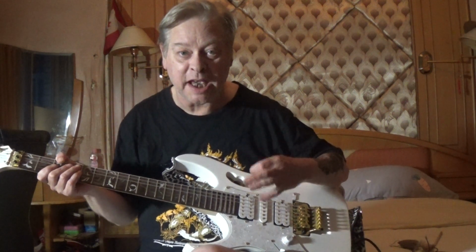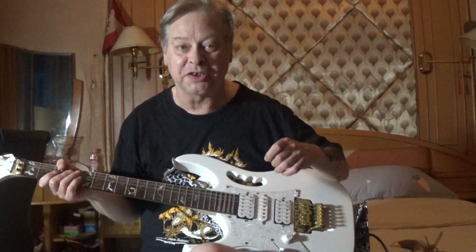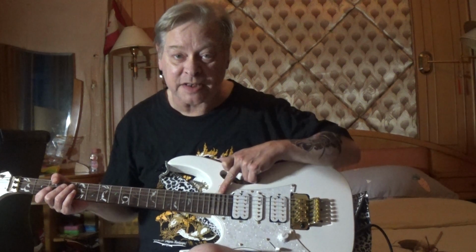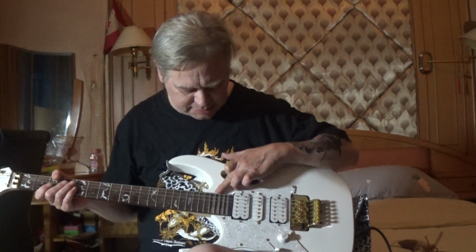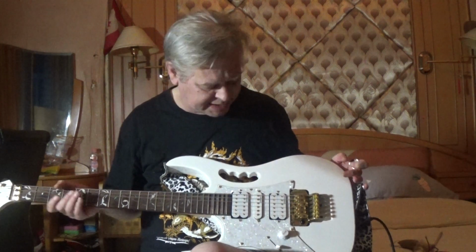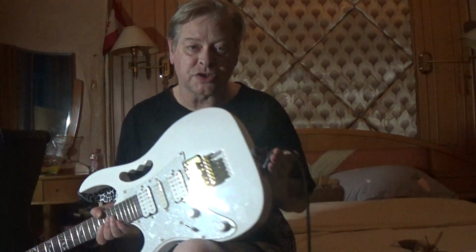However, the tonal capabilities on this guitar are awesome. Not to mention some of the little treats that you get on this one. 4 scalloped frets right at the very top here. It's a little bit rough on this side, but that's easily fixed. I love that on the Ibanez Jem,